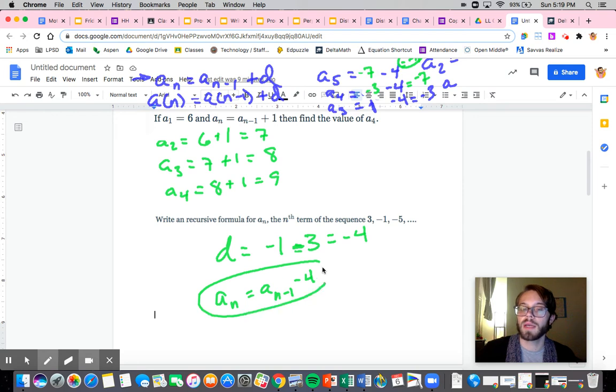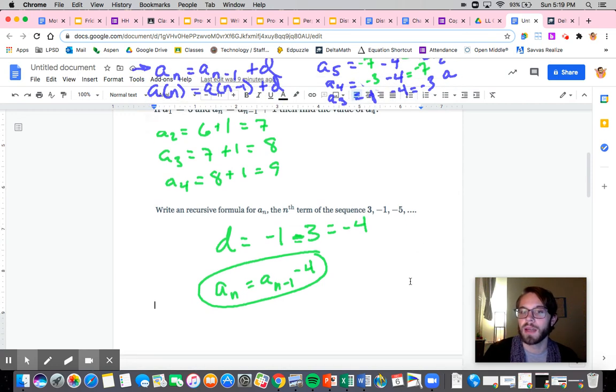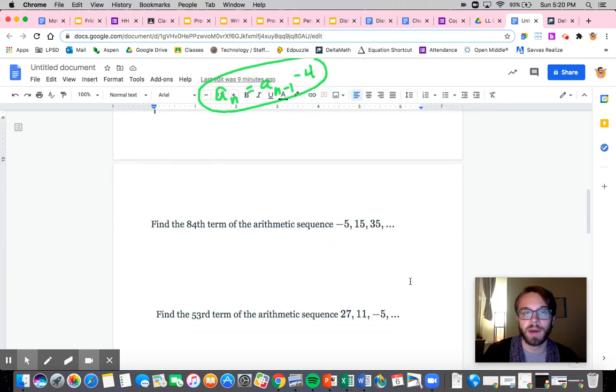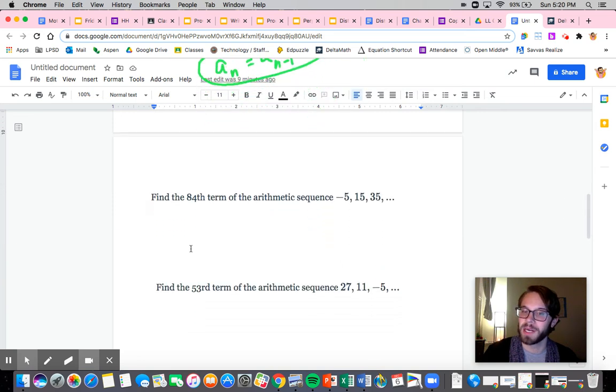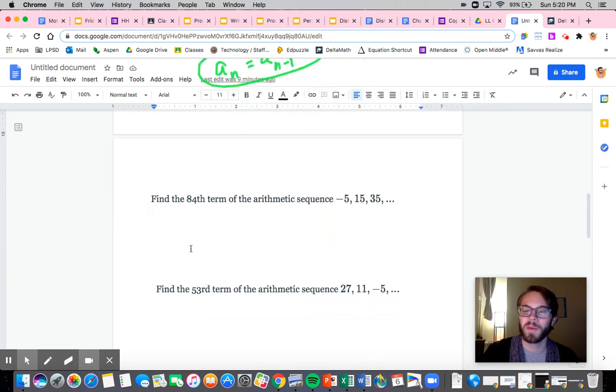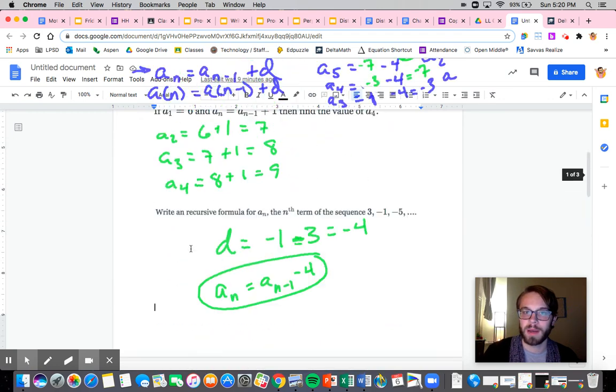Now, again, this is nice for certain situations where you already know certain terms. It's really helpful. It's also really helpful if you're dealing with low numbers. But obviously, this is not really nice if, say, for instance, you had to find the 84th term. So what are we going to do? Well, we can use something called the explicit formula. As we talked about over here,